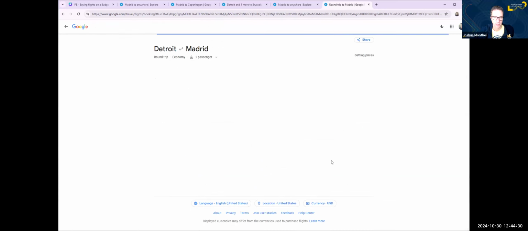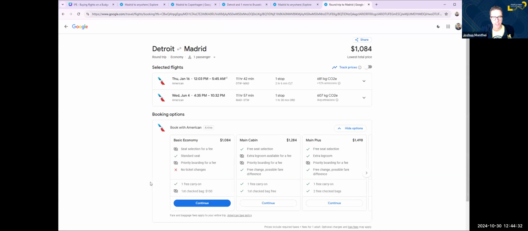So if you click that one again, then you get to this page where you're going to have the basic economy and main cabin decision. So about $200 difference here. The checked bag alone will get you to about a $50 difference. And then you just have to decide if it's worth it for those additional $50